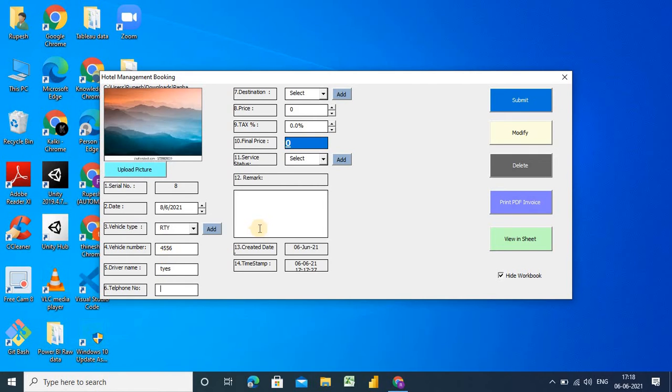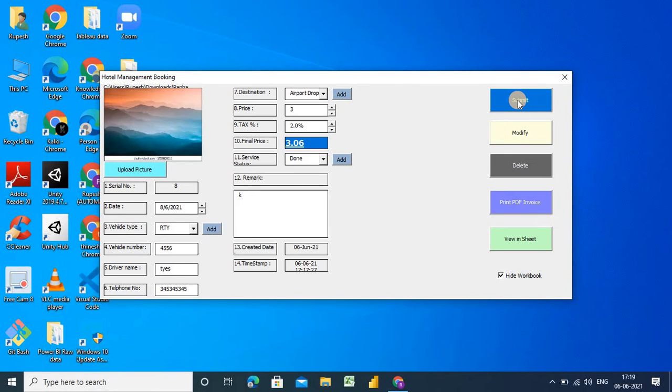TYS, and now we have also given the validation. Suppose if you want to submit here, then it will show you a pop-up like this. If I want to enter a phone number, the limit is up to 10 digits, and you cannot enter a string here, you can see this, right? And you can select your destination type, your price summary, service status, and if you want to give a remark, okay, otherwise you can leave it blank.